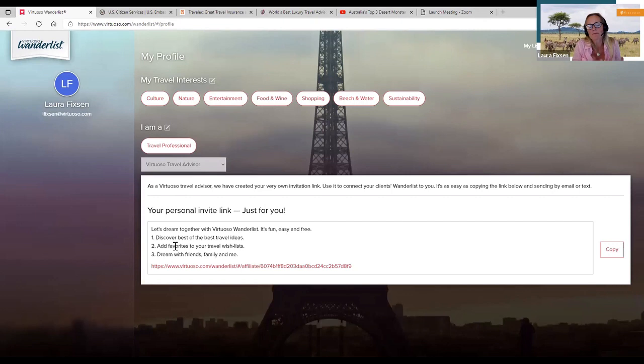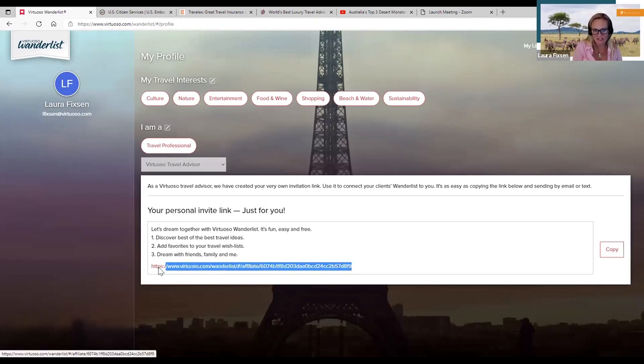So it's the easy button for when I'm going to send an email to invite somebody. It puts all this verbiage in there, and then you can tweak it if you want, but it's just an easy way to put all of that. Why would you want to, dream with me, blah, blah, blah. So that's what that is. If you just want the link, you actually need to just highlight that link and then copy that. So good question.